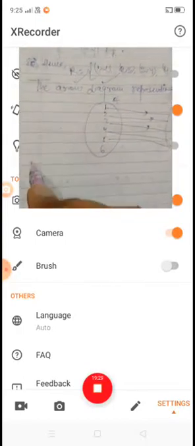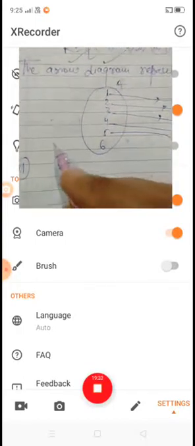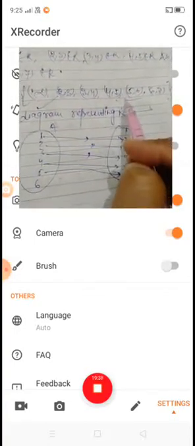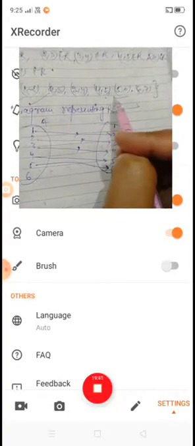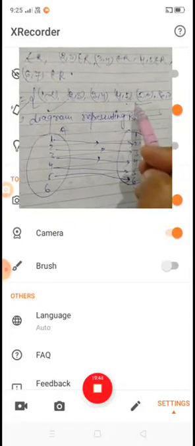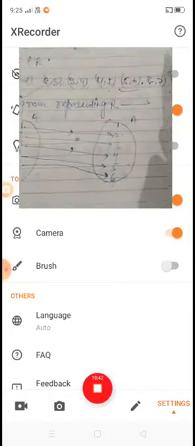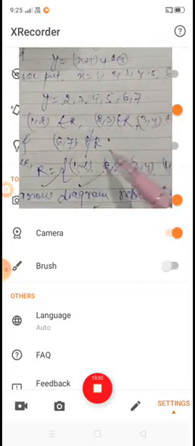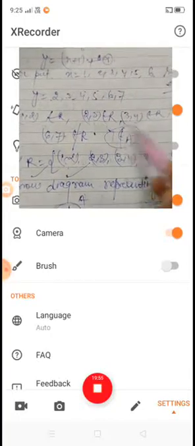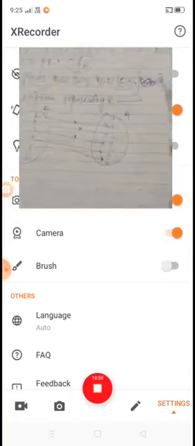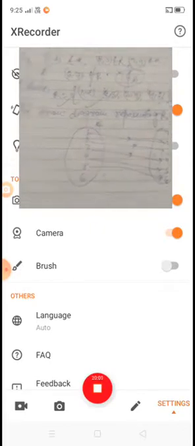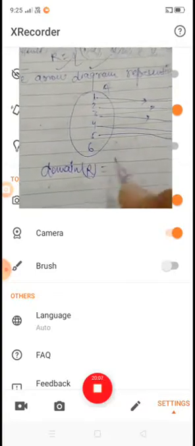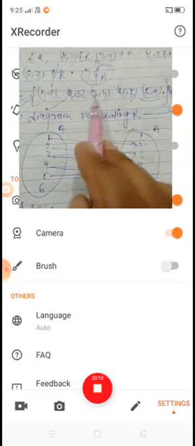Okay, now the second thing is we find the domain of R. The domain of R, you know, is the set of all first components. Here (6, 7) does not belong to R, because 7 does not belong to A, so we take the relation only up to (5, 6). Then the domain of R is the set of all first components: 1, 2, 3, 4 and 5.